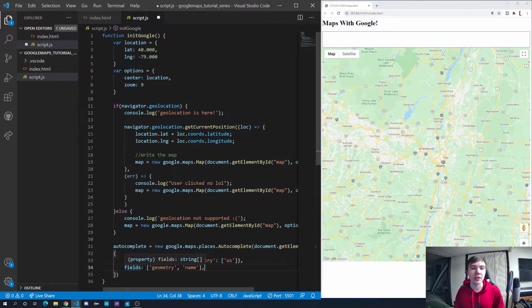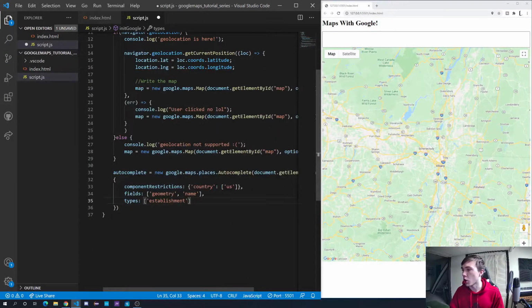So in this instance, we're only going to be looking for establishments, which are basically businesses. Like Starbucks is an establishment. My local Starbucks is going to have geometry, a name, a formatted address, a company logo, all these fields, but we're only going to pick and choose the fields that we need